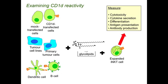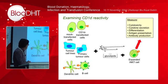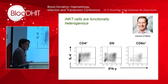And what I'd like to really tell you is what we've done, co-culturing expanded NKT cells with B cells. That's really the focus I'm going to look at. And when they were doing that, we see what the activities are. Cytotoxicity, cytokine secretion, differentiation, antigen presentation, and antibody production were all looked at. So I'd like to just show you some of the results, and this is a result from a PhD student,